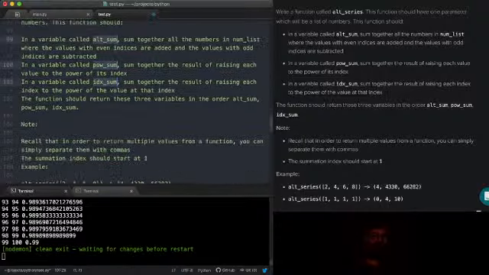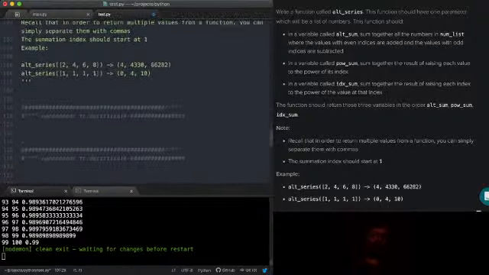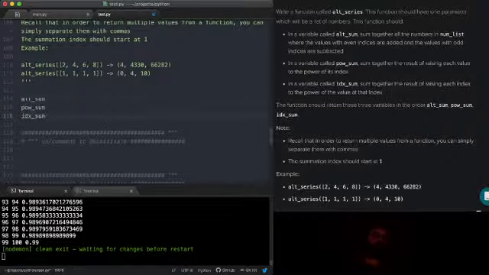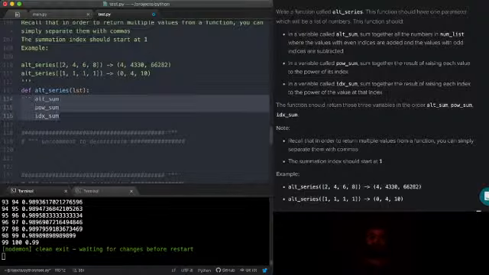So I'm just going to pop these down here. So let's just get out what we know for sure. Function is going to be called def alt series, takes in one argument, which is a list. It's going to have these three variables in it, which are each going to be, these are sums, so I think we start them all at 0.